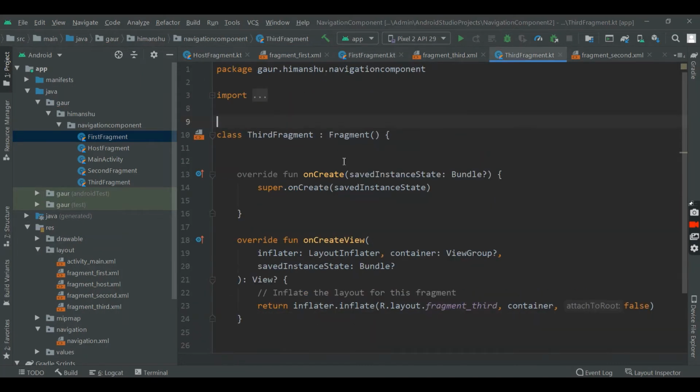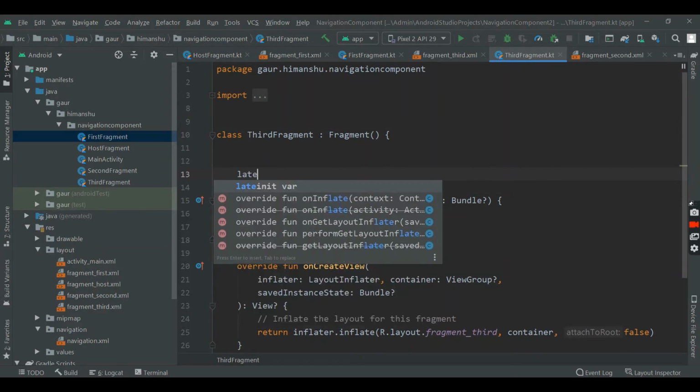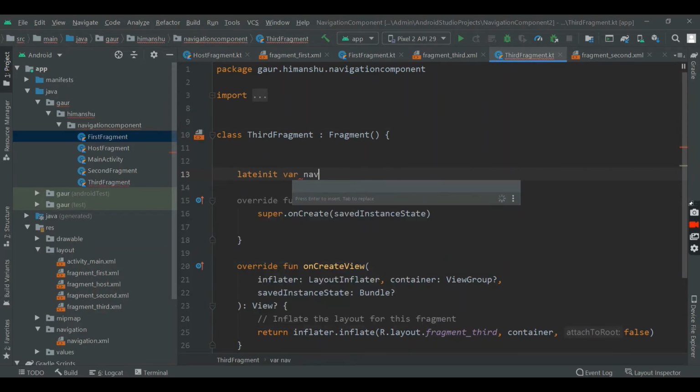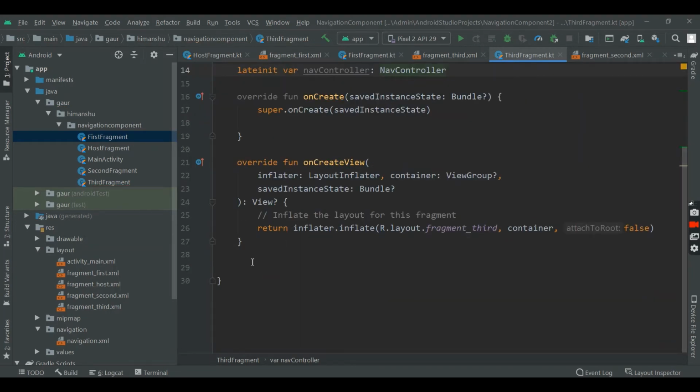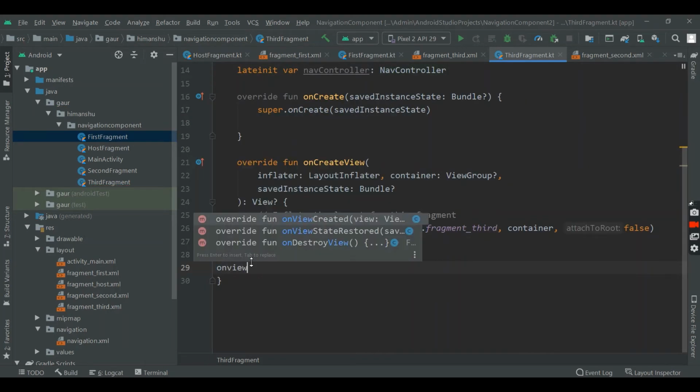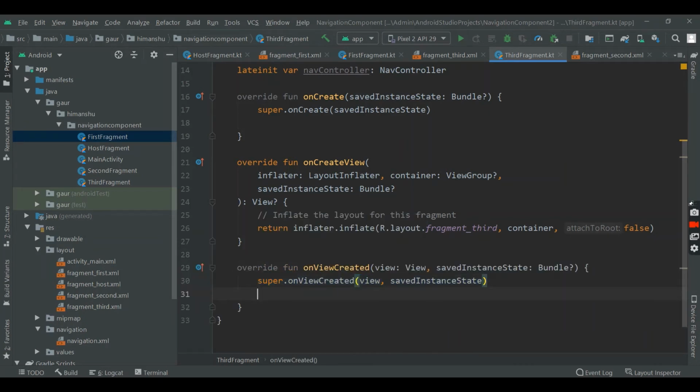Now for our third fragment, lateinit var NavController, override method onViewCreated, and find our NavController by using view.